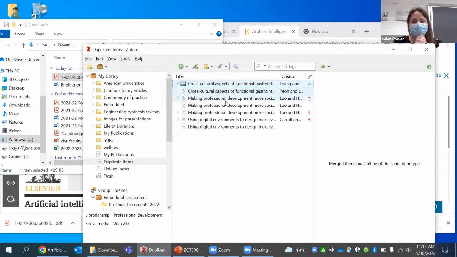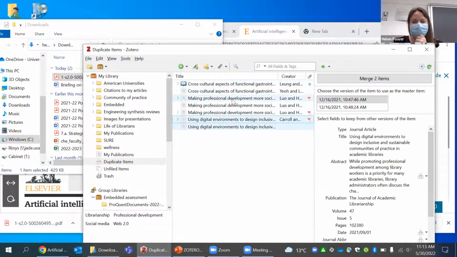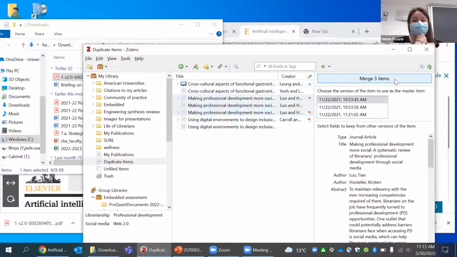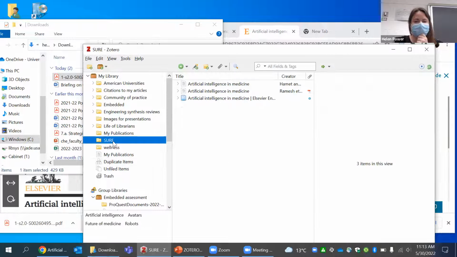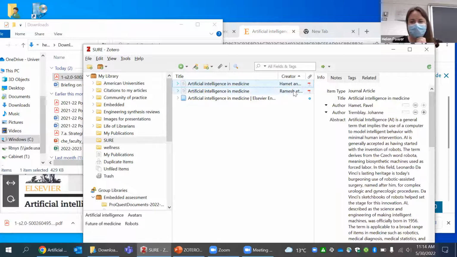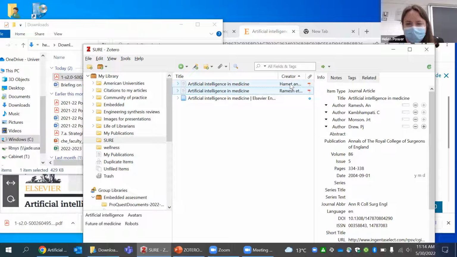So there's a couple of other articles that I should have done that for as well. Wow, merge 3 items for this one. All right, so we can go back to here. And it looks interesting. So it looks like, even though I downloaded this article from the same place,